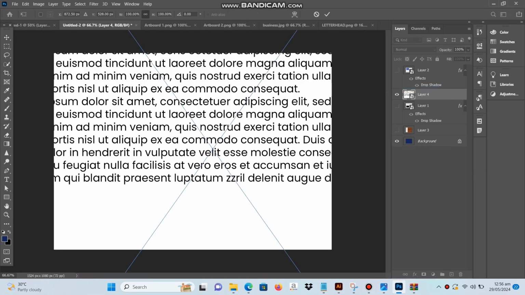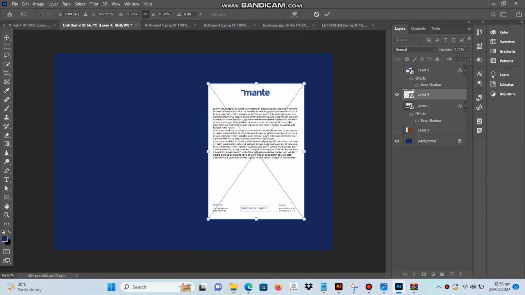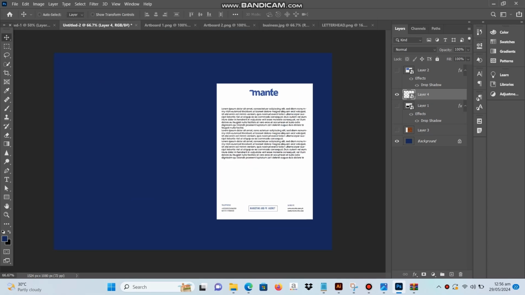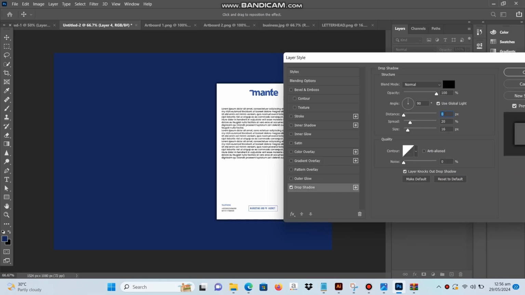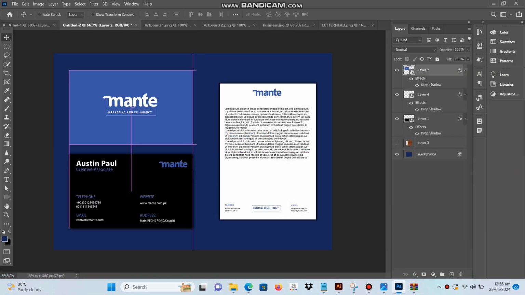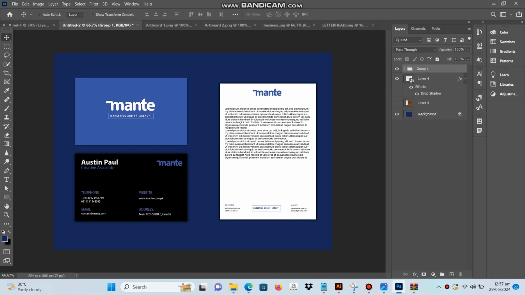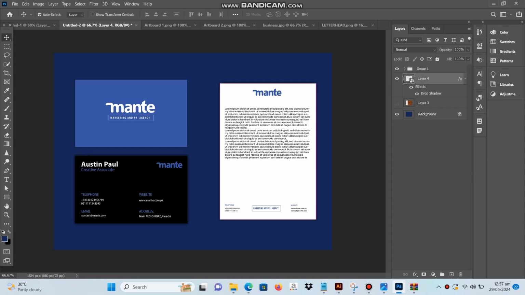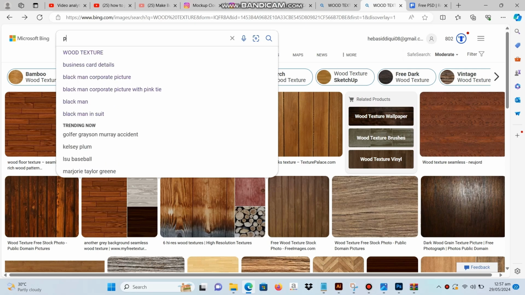Here I am going to make the letterhead mockup and business card mockup by myself. I'm not going to use a ready-made mockup from somewhere else. So how am I going to do it? I take a copy of the letterhead and the business card and put it on the left side, and again on the right side.